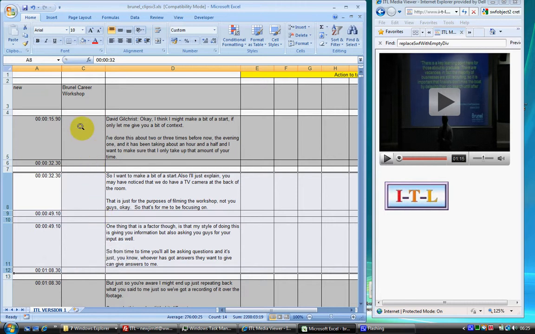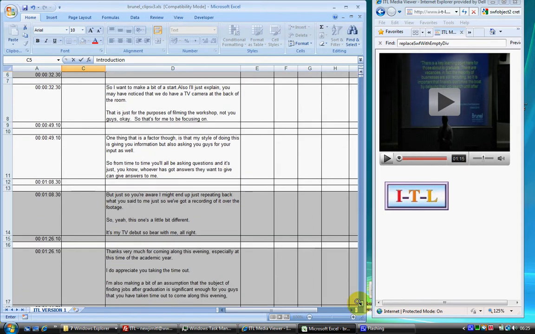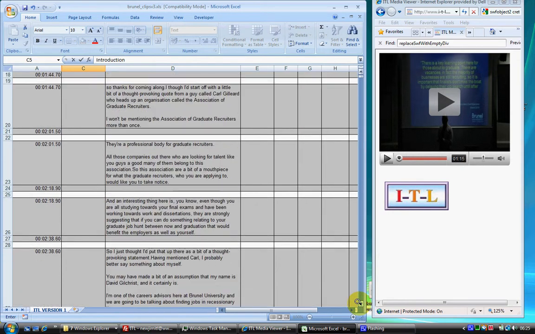The next thing to do is to tell us the names you want given to the individual clips. So if I use column C for this, and let's say we'll call this introduction. Okay, and we'll produce a file called introduction that matches up with this paragraph and every paragraph that follows that until you tell us this is the start of another paragraph or another clip. So let's call this one